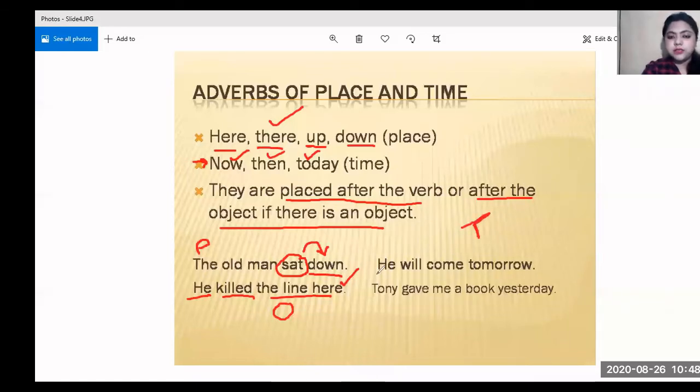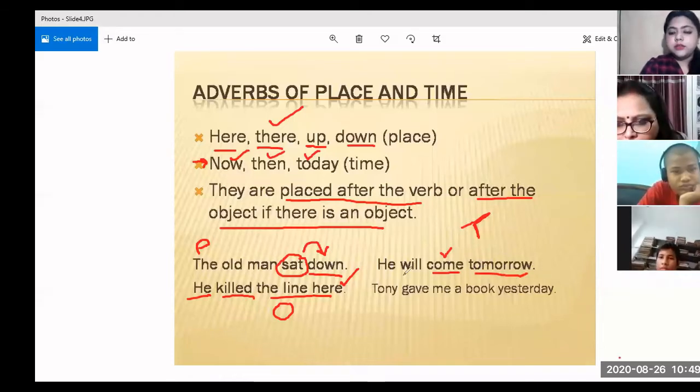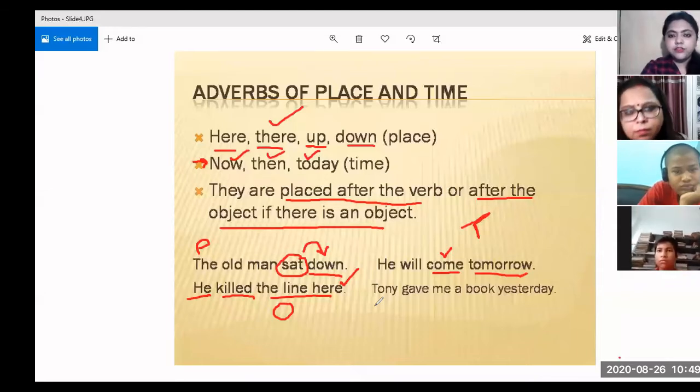The first example is he will come tomorrow. They are placed after the verb. What is the verb? Come, and we place the adverb after the verb, which is tomorrow. Let us look at the second example of adverb of time. Tony gave me a book yesterday. Here we can find an object. So whenever there is an object, we place the adverb after the object and not